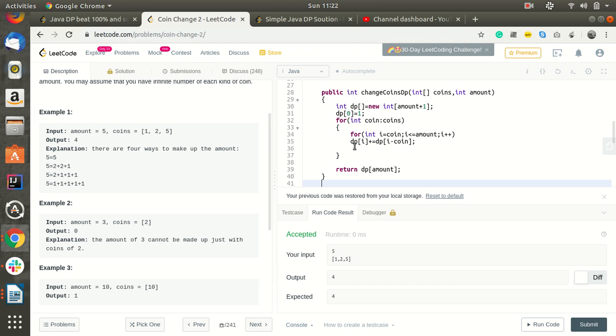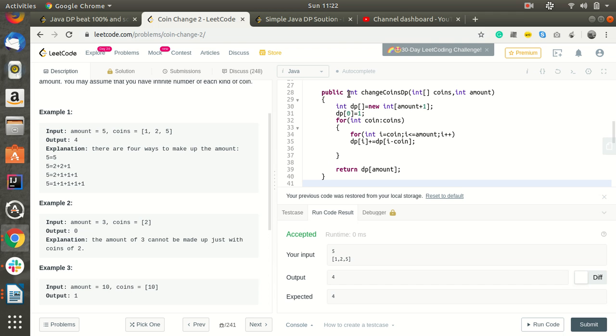Then what it will do is, suppose the first coin is 1, dp of 1 is equal to dp of 1 plus dp of i minus coin, meaning dp of 0. dp of 1 as of now is 0, because the array is not initialized, so the default value is 0, 0 plus 1 is 1.